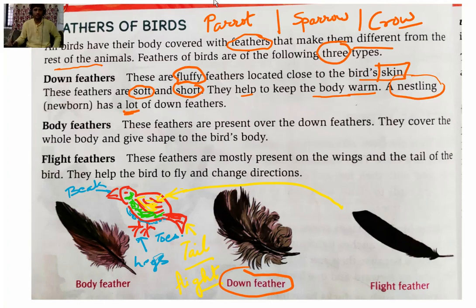Then next is body feather. These feathers are present over the down feather. Imagine this as the skin of the bird. First there are down feathers, and above them there are body feathers.